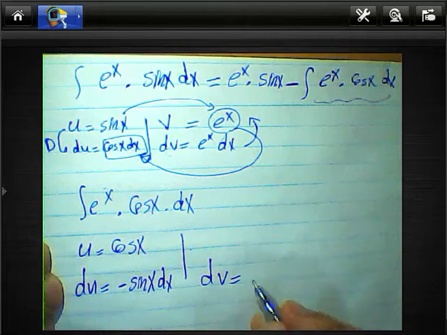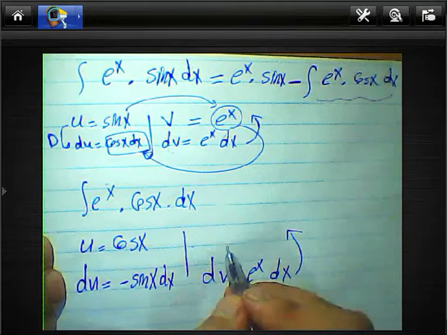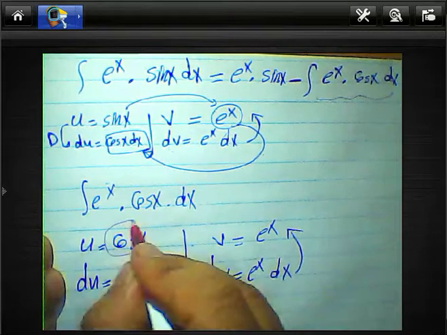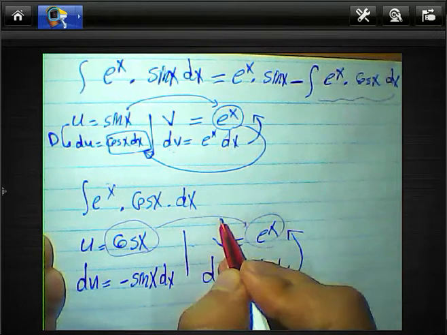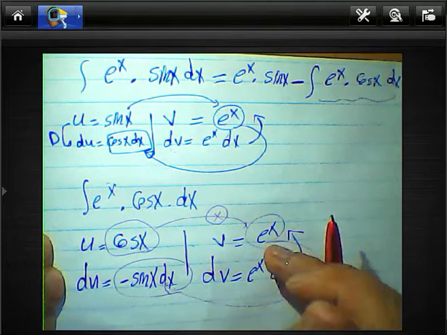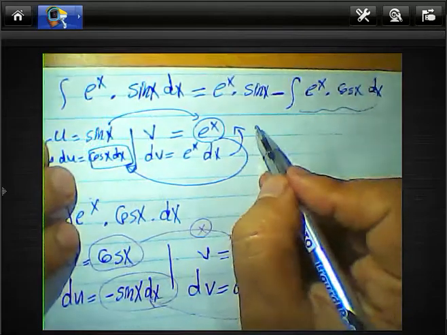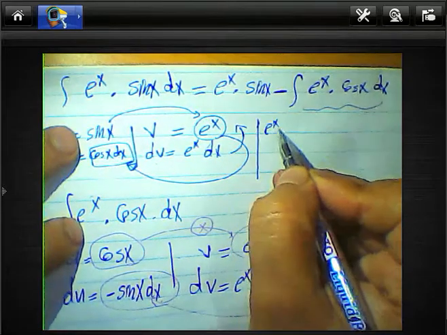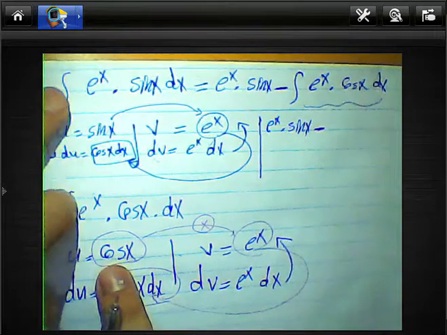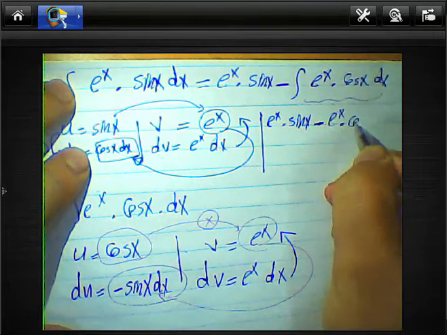You can write it here, e power x dx, and integration, it will be v equal e power x, and we must use the rule cosine x multiply e power x, subtract the integration of e power x and negative sine x dx. We can complete it here. The result will be e power x sine x subtract e power x multiply cosine x,